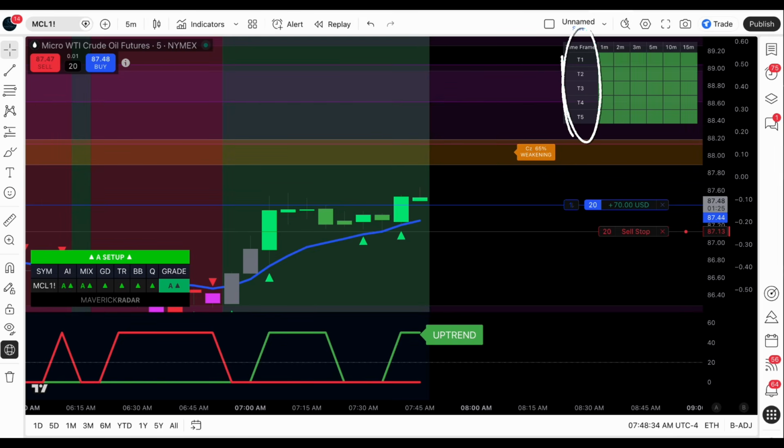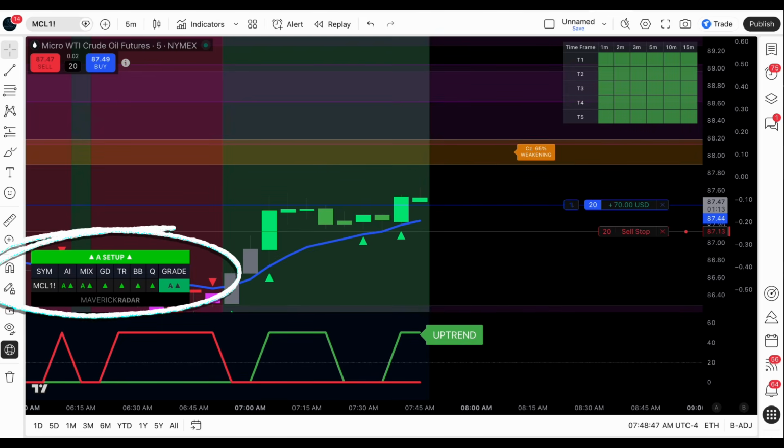At a glance, I know what 5 other traders, they're algorithms, but 5 other traders with completely different styles are all agreeing that they're bullish. That's power. That's probability in our favor. And then the Maverick radar down here,